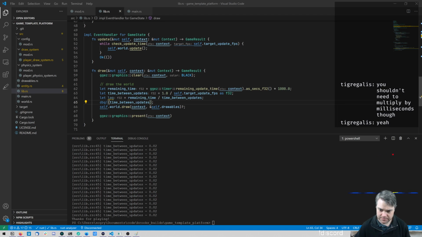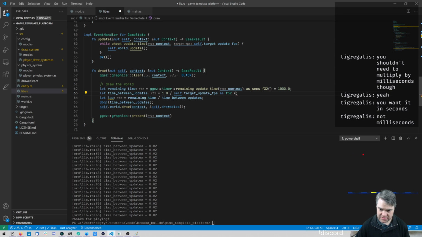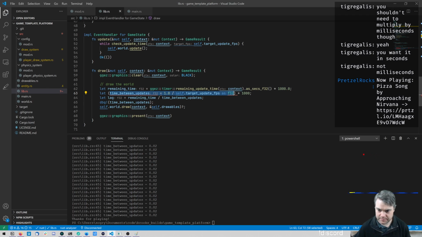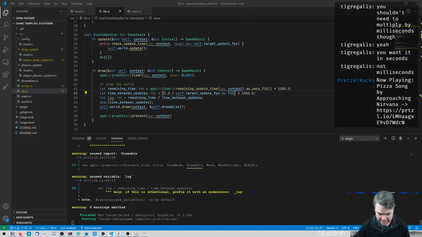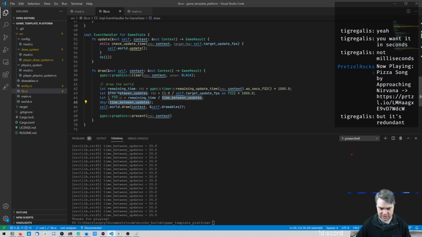0.02. Okay. So if we're multiplying this by 1,000, we would need to multiply this by 1,000 too. Times 1,000, and I think that's all of it together like that. Probably do the parentheses in the area that makes the most sense. So now if we take a look at this, that looks a little bit more correct. That's 20 milliseconds. So now if I take a look at this lag,